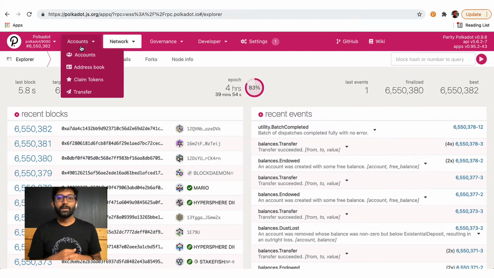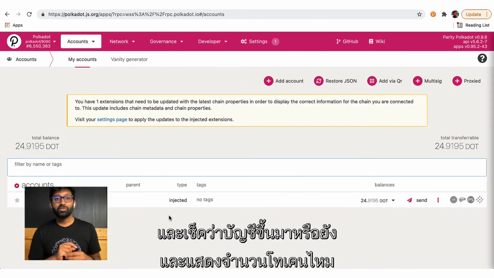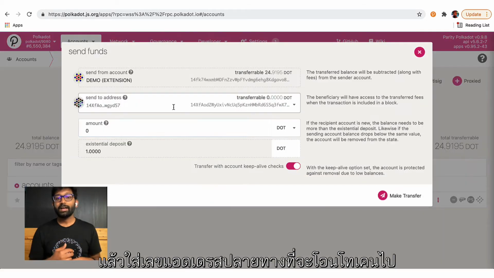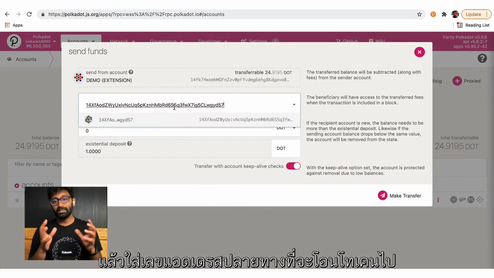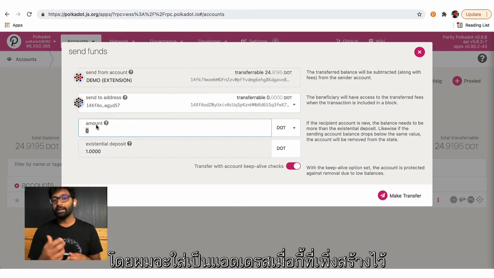All right, so I'll navigate to the Accounts tab and make sure the account is injected and the account balance shows up. I'll click on the Send button, and now I'll enter the address to which the tokens have to be sent. So I'm going to enter the tutorial account address here,